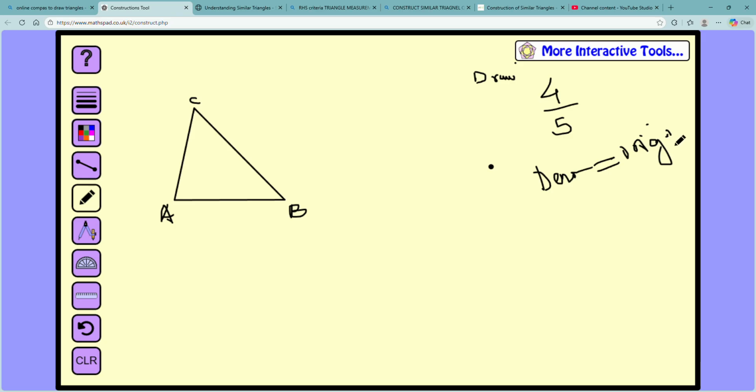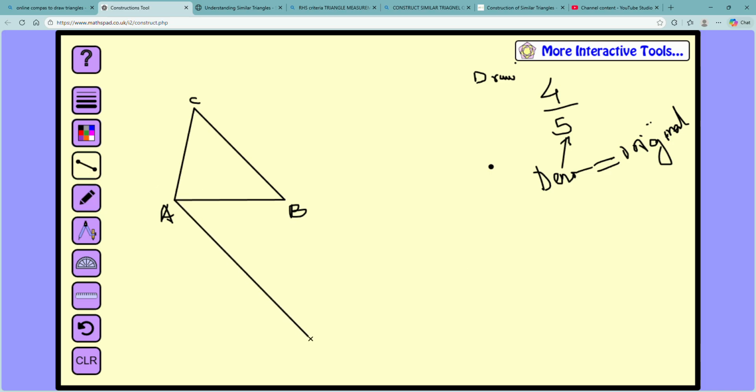The original triangle means the triangle that we have drawn here. This is the original triangle, so this is the denominator here. We are having the denominator 5, original is 5. So first what we have to do here is draw another line from here,